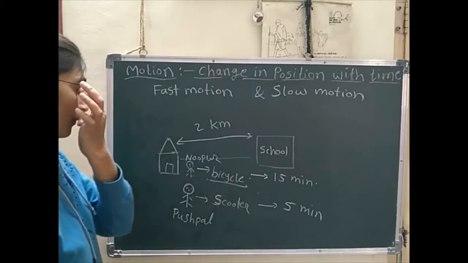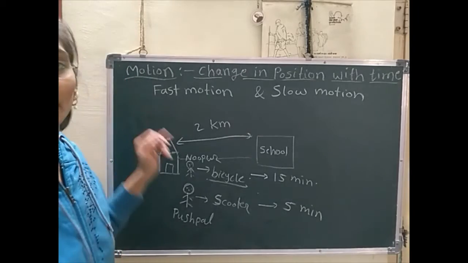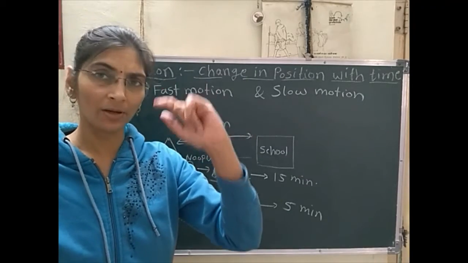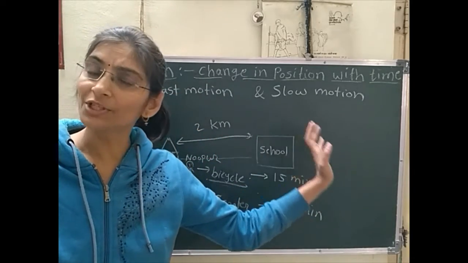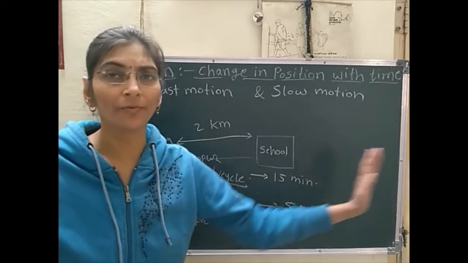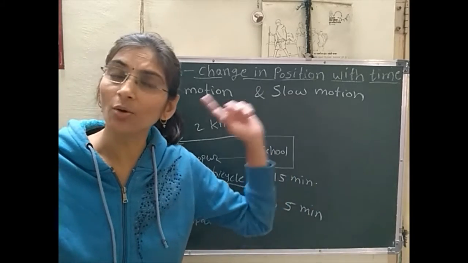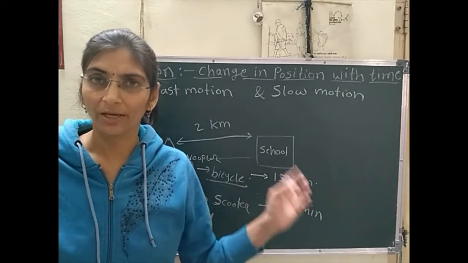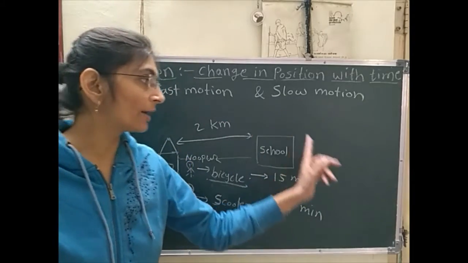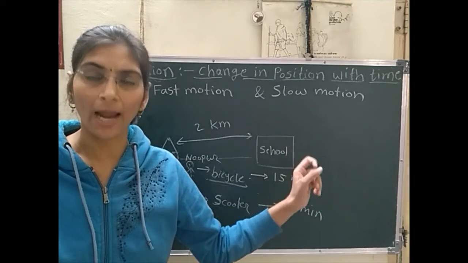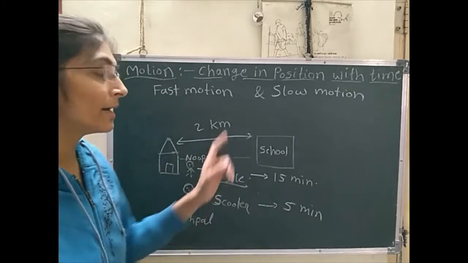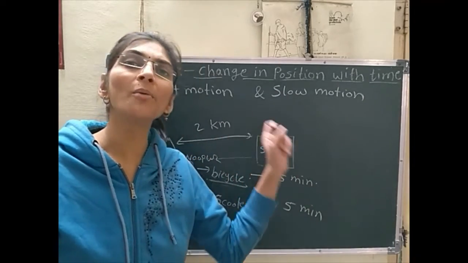So after that, we will see the next point, that is fast motion and slow motion. In the pendulum, which type of motion happens there? Uniform motion, meaning we can see equal time durations. For each oscillation, only 1 second in that clock, it travels the same distance within 1 second. So for each oscillation, 1 second time duration is covered. That's why it is known as uniform motion.